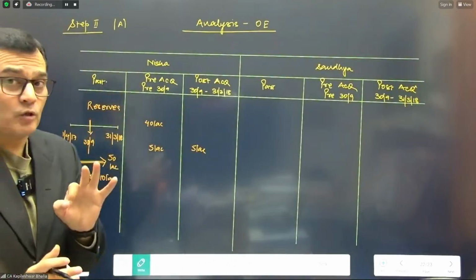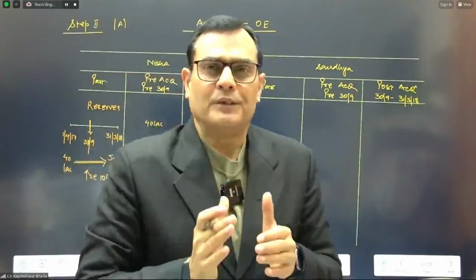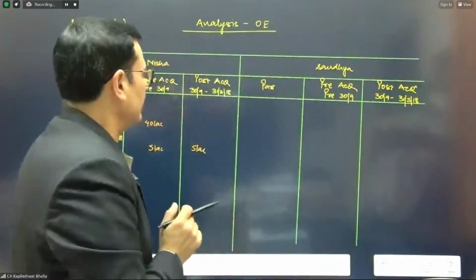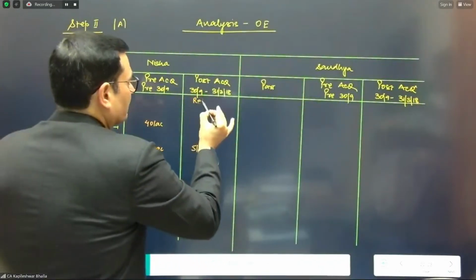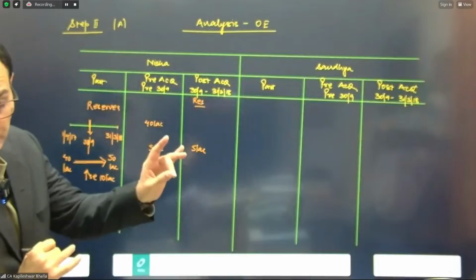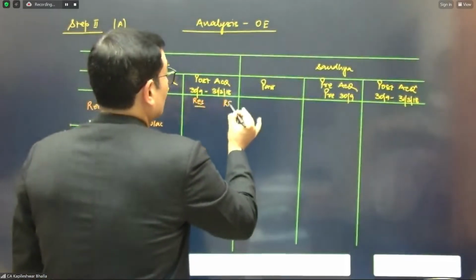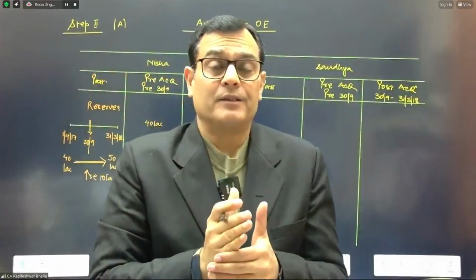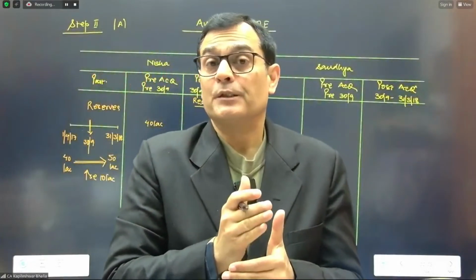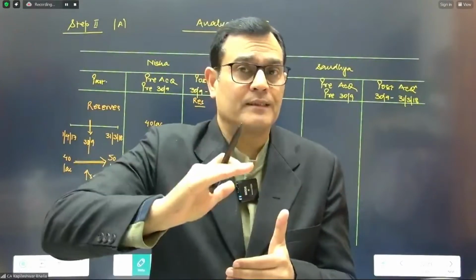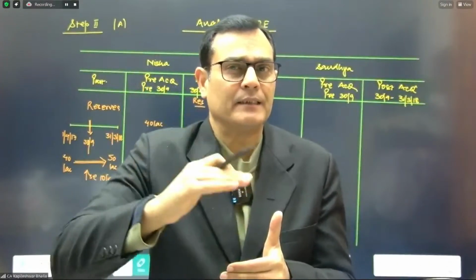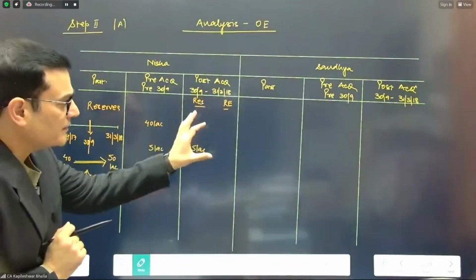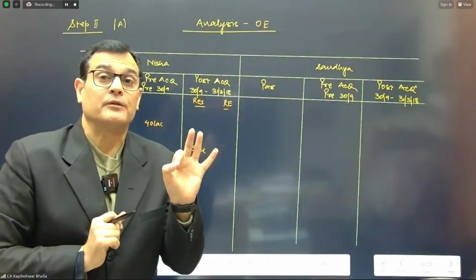Now, a further caution. I would say when you're doing this analysis of equity, especially in the post-acquisition column, it would be a good exercise to create a separate column for reserve and also create a separate column for retained earnings, only for the post, not for the pre. The reason is you are going to add the share of holding in subsidiary post-acquisition earning. So let the reserves get added to reserve, let the retained earnings get added to the retained earnings. So it would be a good exercise to segregate the reserves and the retained earnings in the post-acquisition column.